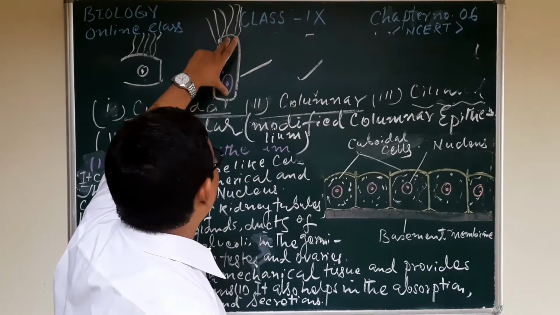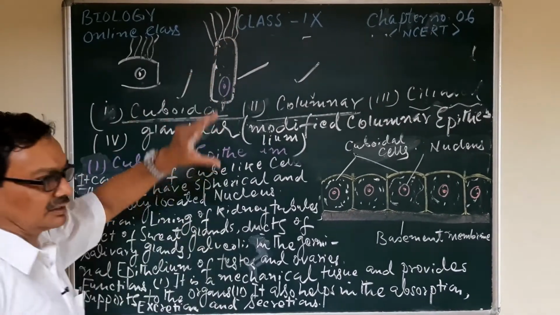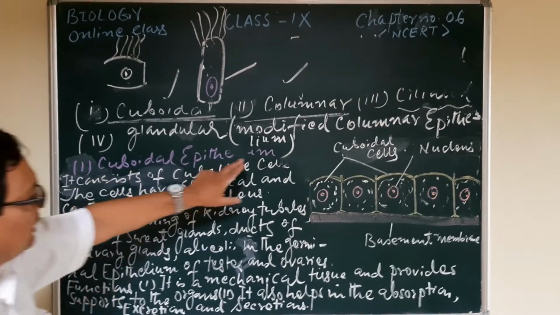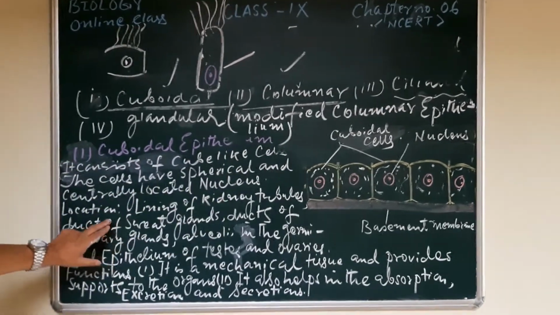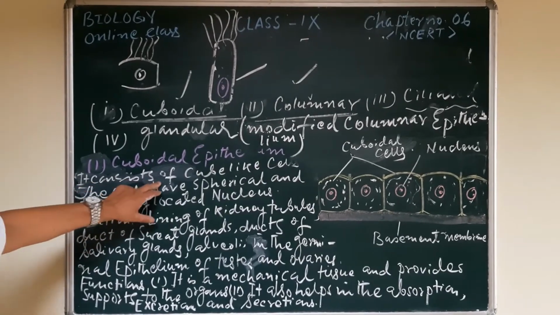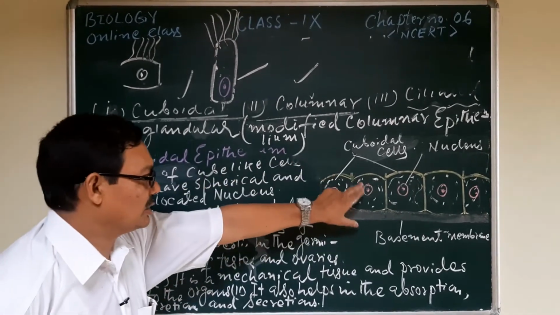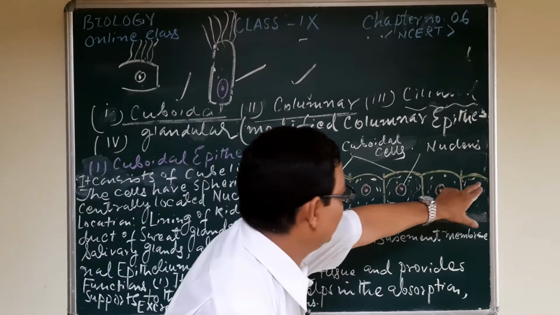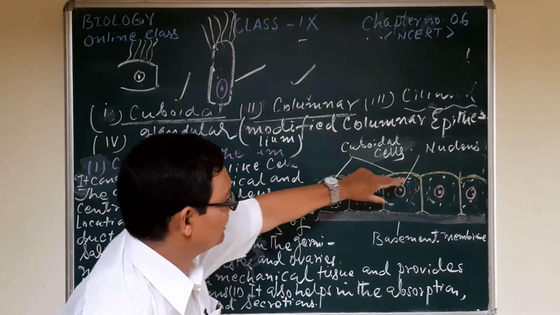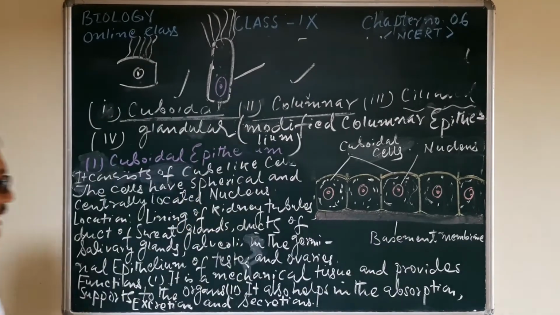Columnar माने पिलर है ना. तो ये आपका था. अब cuboidal epithelium, a short description of that type of epithelium is here. It consists of cube-like cells. You may see here the cube-like cell and the nucleus, spherical nucleus located centrally, and